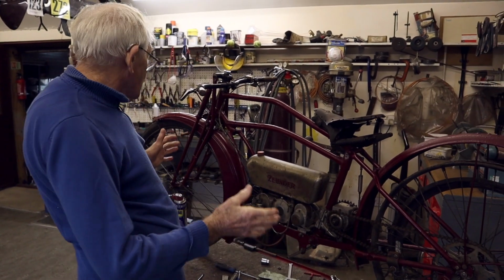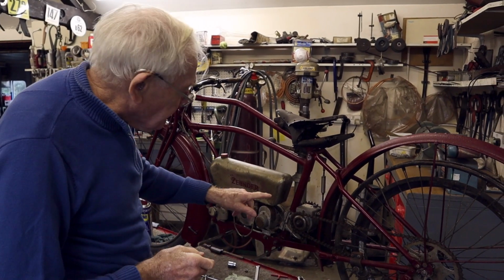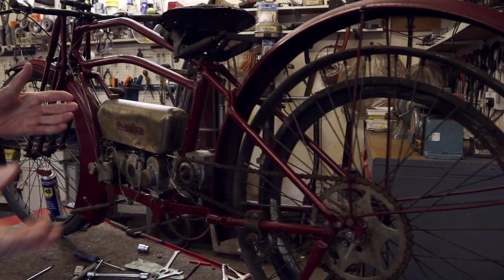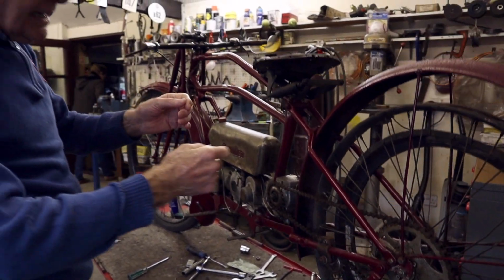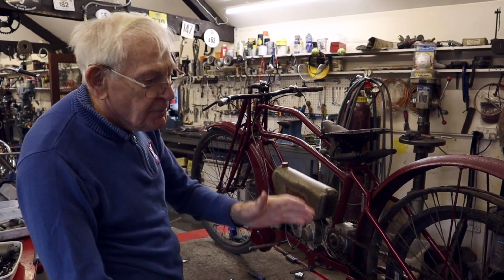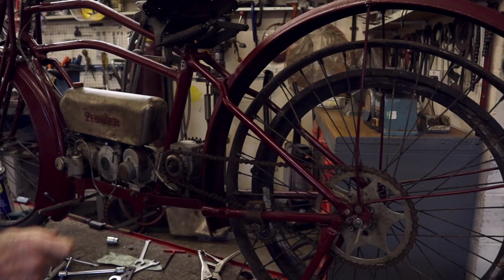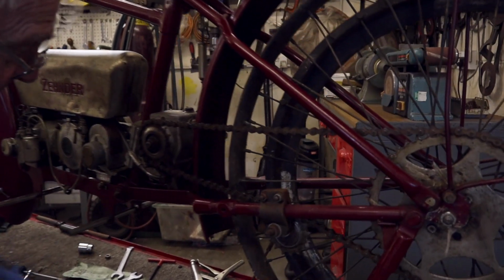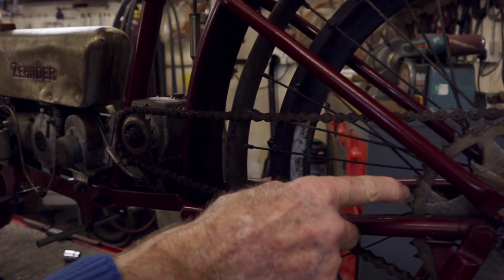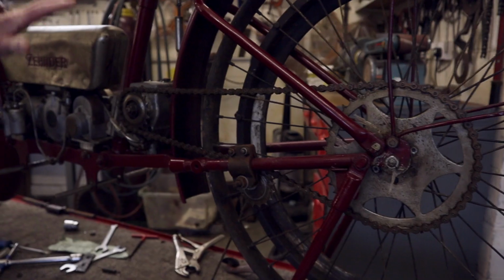1926-27. How do we know it's that year? Well, they happened to change from belt drive to chain drive in '26, which is a blessing, because Miller doesn't like belt drive. They're ancient, although modern bikes have got belt drives, but this is chain drive, and very encouraging. If you look at all the sprockets, they haven't done a lot of mileage. So that means that the engine, for some reason,